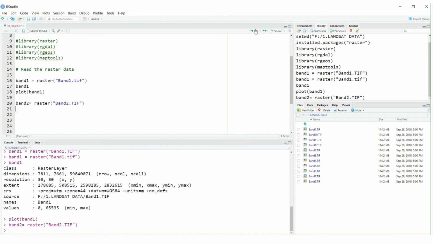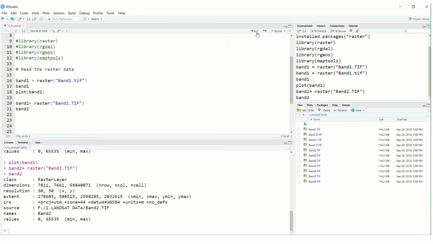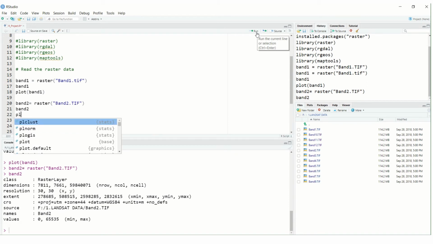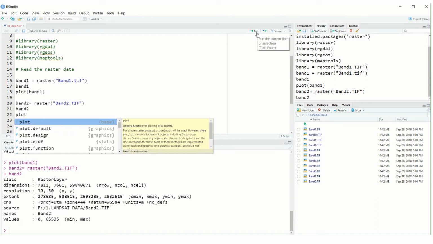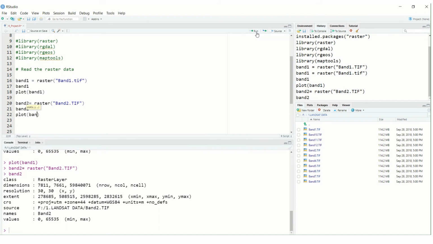I'll run this. Okay, yeah, it is correct. Then I'll read the information in band2. Run. Okay, you can see the information here. And then I can also plot band2.